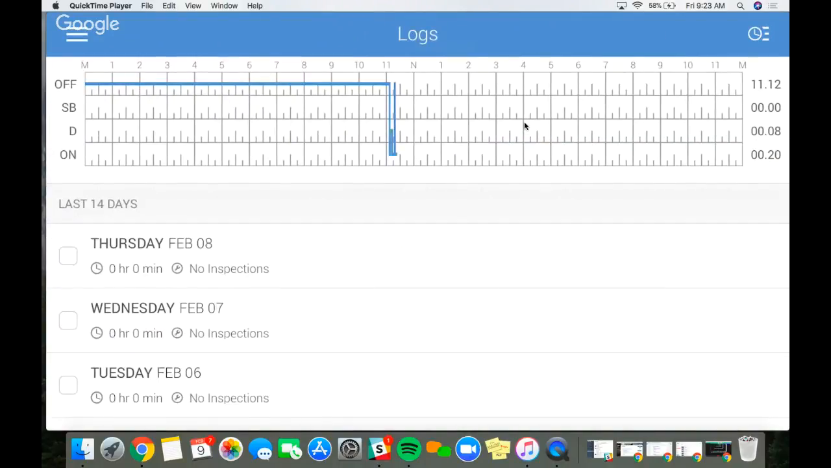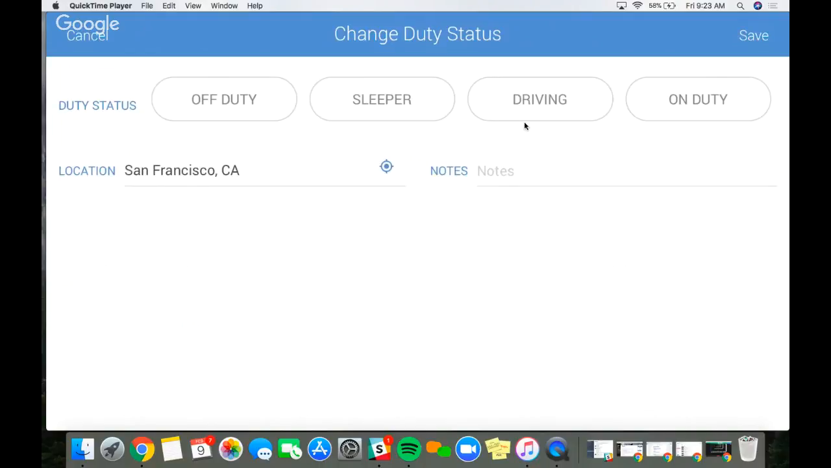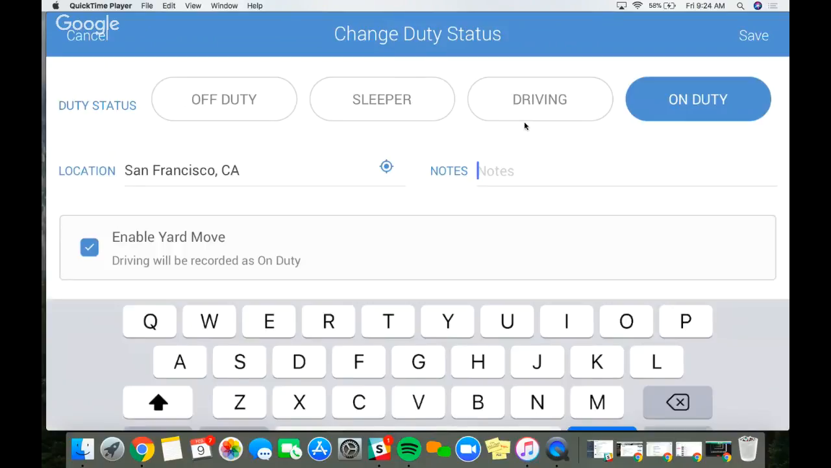You want to take other special driving statuses? Sure. Okay. So let's say you're about to make a yard move. You're going to go ahead and select in your on-duty status, on duty, and enable yard move. So this is where you go to basically annotate what special driving status you're going to be in prior to the driving event. So I'm going to say, you could put in your notes here,